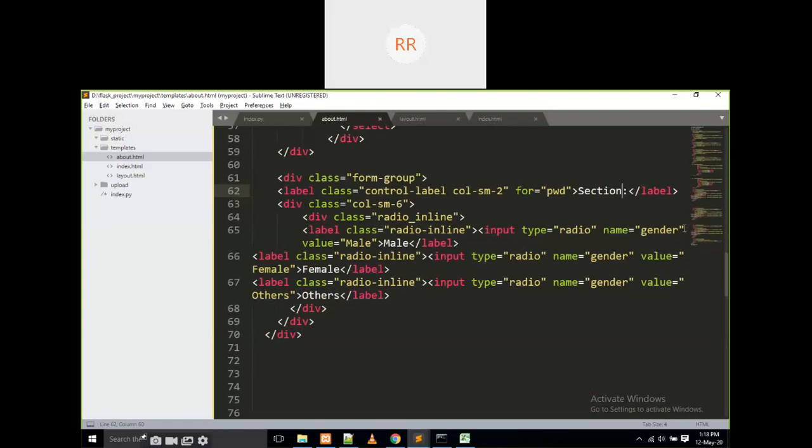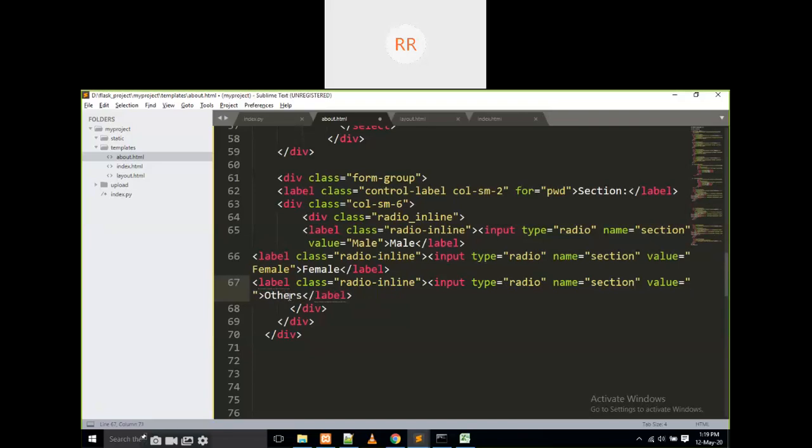This is radio. The name is section for all the three things. For example, in my section there are A, B, C, three sections. What is the value for this section?